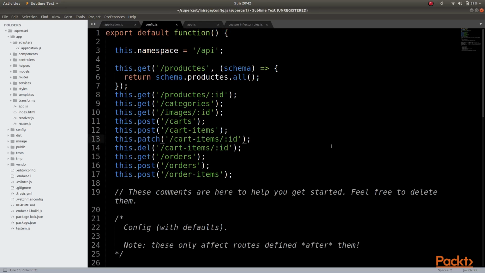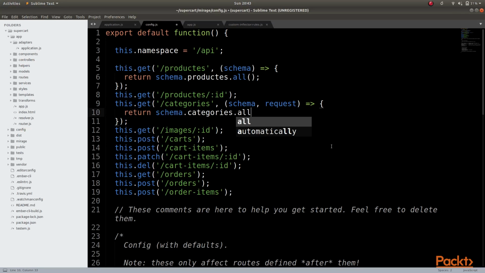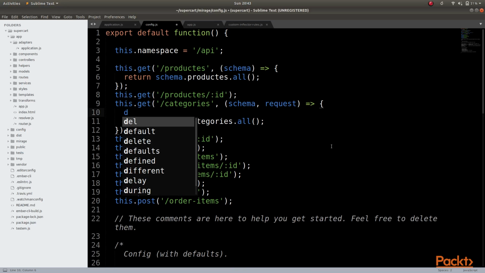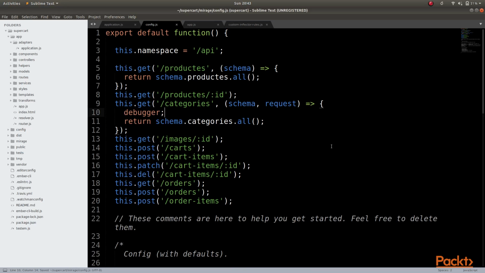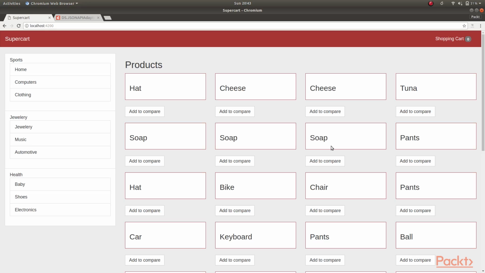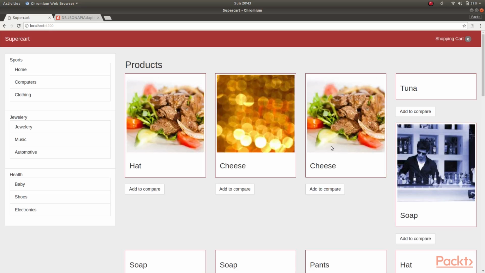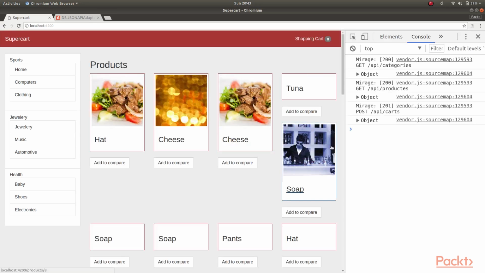Then in our application, if we try to hit the categories URL, and let us add a call to the debugger so that we can view the header requests in our application and reload our application with the